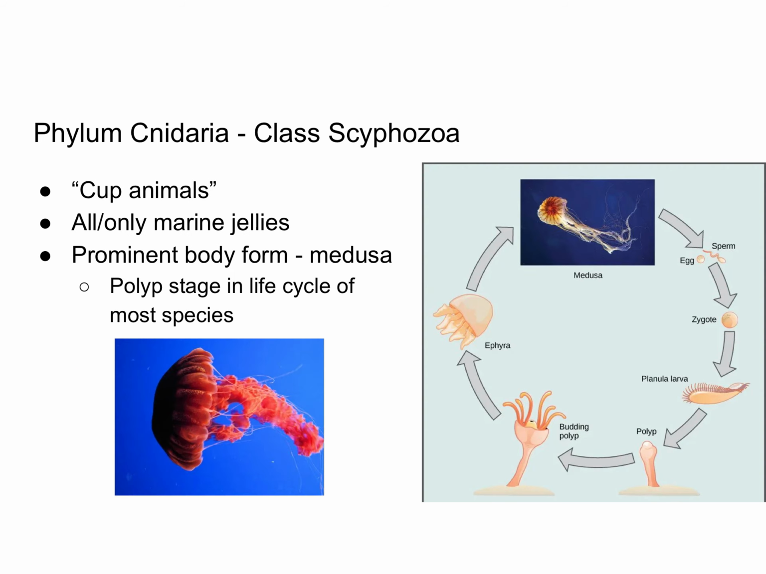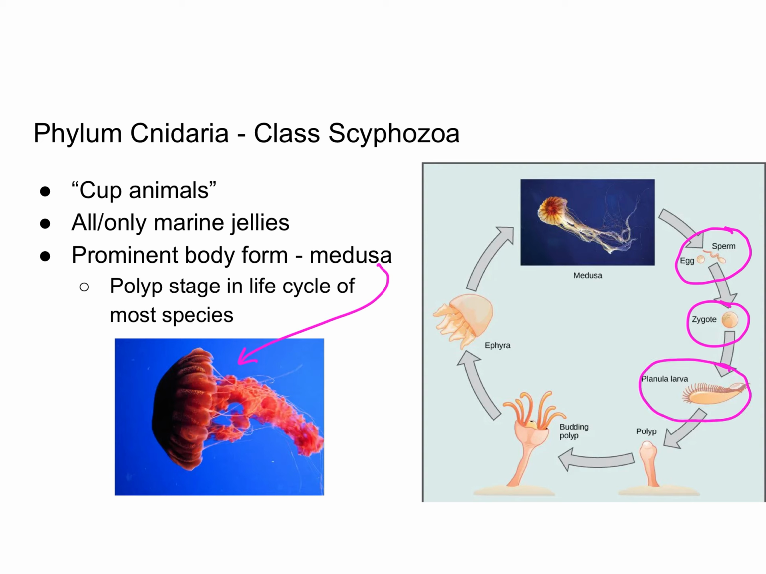Class Scyphozoa are the cup animals, and these are the ones that you probably think of when you think of the word jellyfish. And so these are all the marine jellies, and it only includes marine jellies. And the prominent body form is this medusa form here, but they do have a polyp stage in their life cycle. So you can see here that they have sexual reproduction that forms a zygote, and then there's actually a